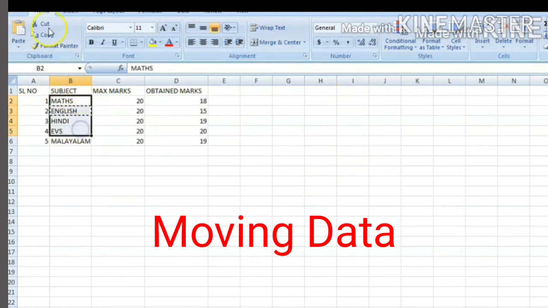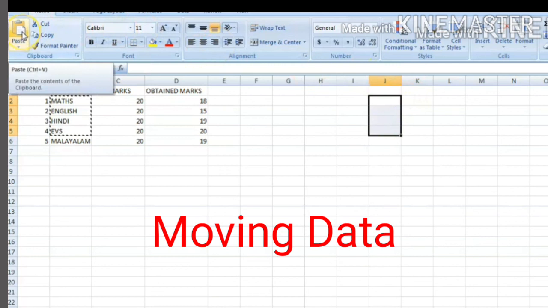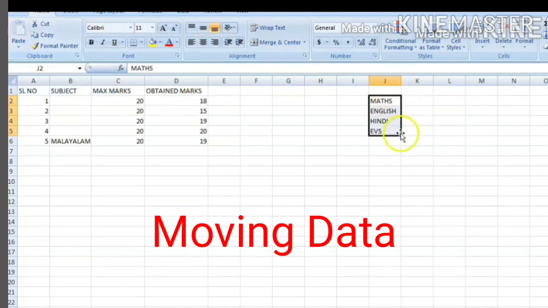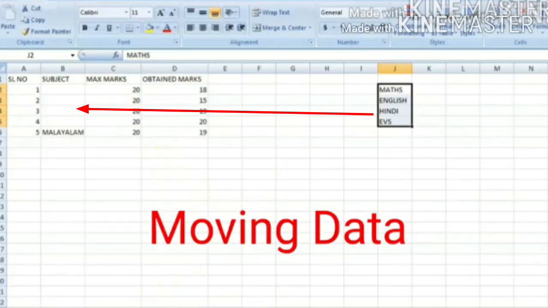Now if you want to move more than one cell, select that group of cells. Then use the cut option, select the desired location and paste it just like this. So this is how you can move the contents of more than one cell. Here you can see the data is removed from its original location while moving.